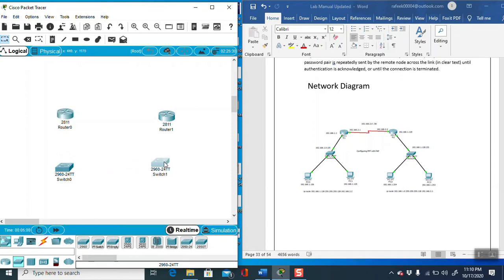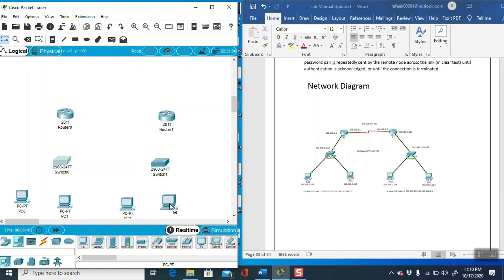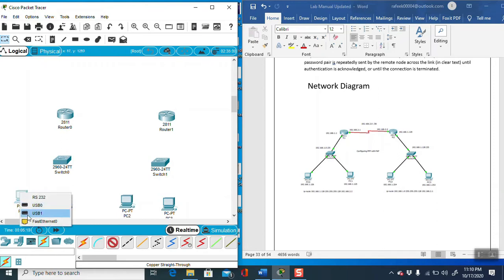After this we have to take PCs. Here there are 4 PCs: PC0, PC1, PC2, PC3. Now I want to make the connections. You have to take a copper straight-through cable, and here take FastEthernet 0/1.